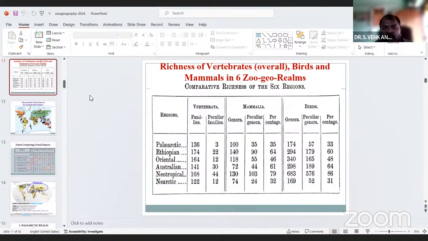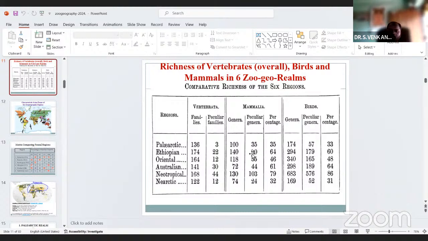So this is the richness of vertebrates, overall birds and mammals, in the six geographic realms. See clearly, this is a very important chart: our regions and vertebrate fauna levels, particular families, mammal genera, and bird genera.